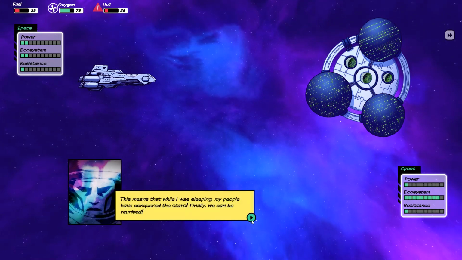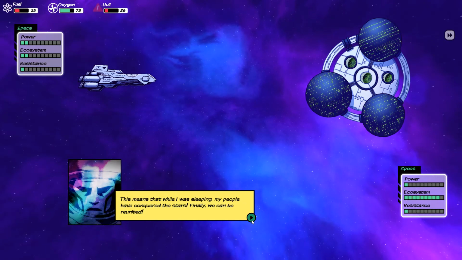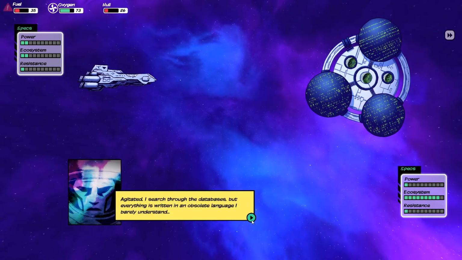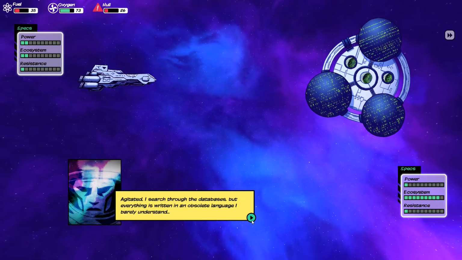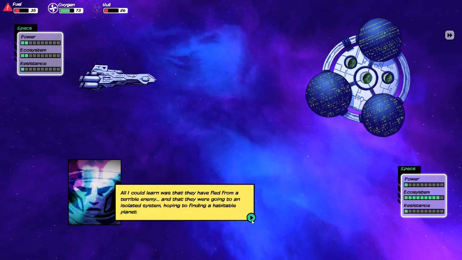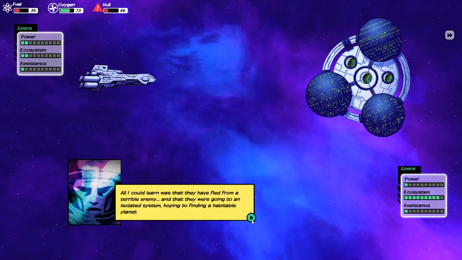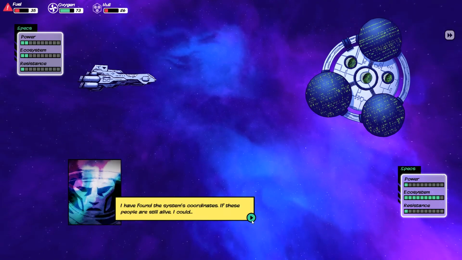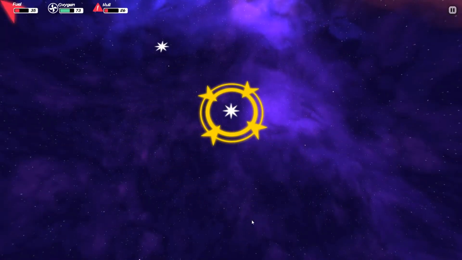This means that while I was sleeping, my people have conquered the stars. Finally, we can be reunited. Agitated, I searched through the databases, but everything is written in an obsolete language I barely understand. All I could learn was that they have fled from a terrible enemy, and they were going to an isolated system hoping to find a habitable planet. I have found the system's coordinates. If these people are still alive, I could...